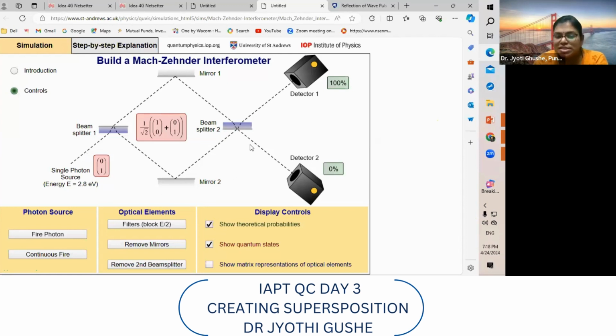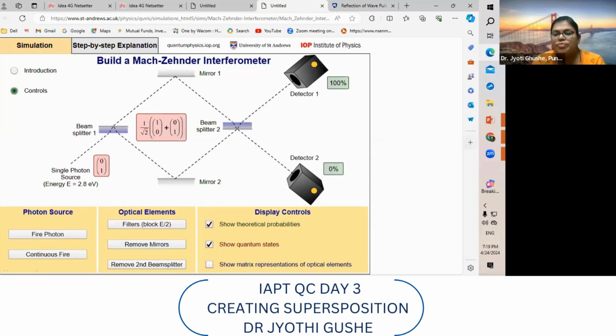So with this simulator, you just play with this. You can play with the simulator and explore various options, and you can see what different quantum states you can create, and how you can write the theoretical probabilities. Here, every time we are writing 1 by root 2. Why? Because 50-50, we are considering 2 states and they have equal probability initially,